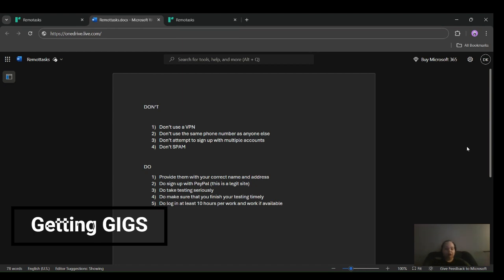And then another thing is, don't attempt to sign up with multiple accounts. That's similar to the VPN and the VoIP thing. They'll notice it, and you'll get banned from the program. And then the last don't that I have for you is don't spam. Say you sign up for the program, you start working, don't be typing blah blah blah, just random stuff,